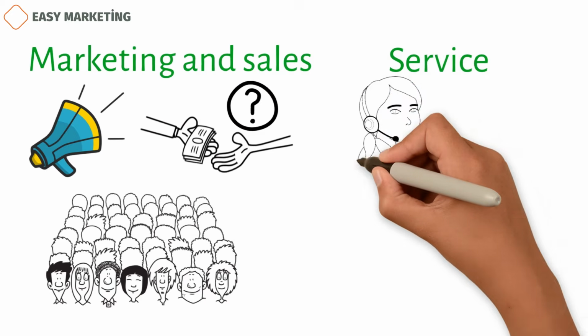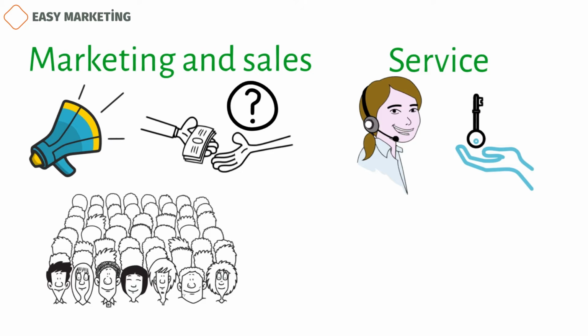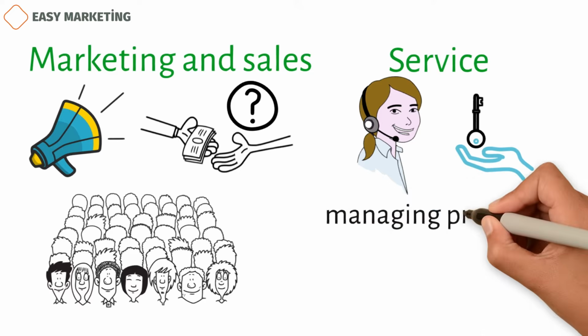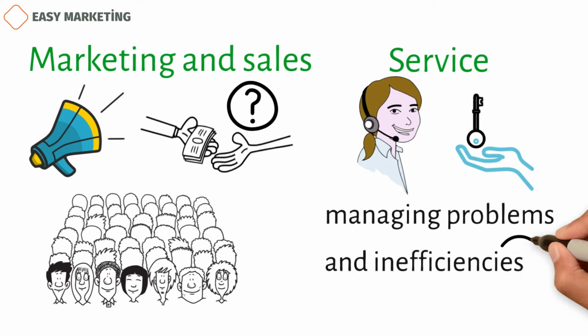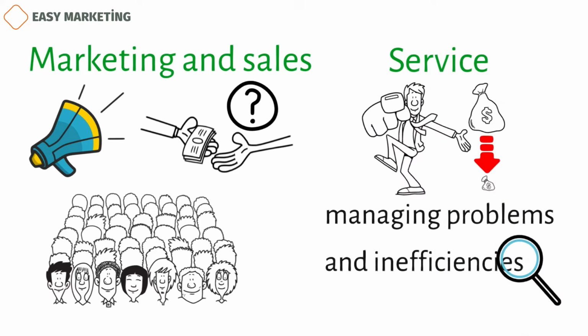Service. Customer service and product support are two things that help keep customers for a long time after they've bought a product or service. Since it's easy to spot management problems and inefficiencies in this area, a business's cost advantage is often in well-run primary activities. This means that the business can make a product or provide a service for less money than its competitors.